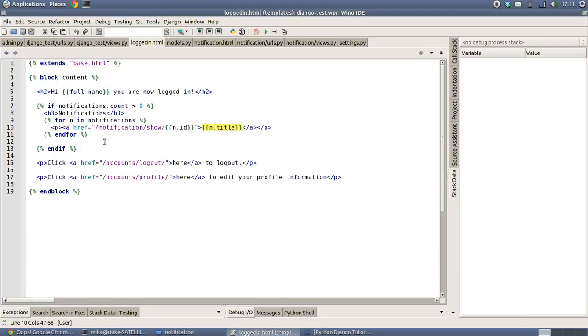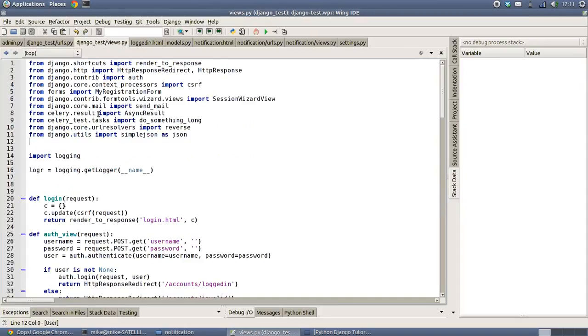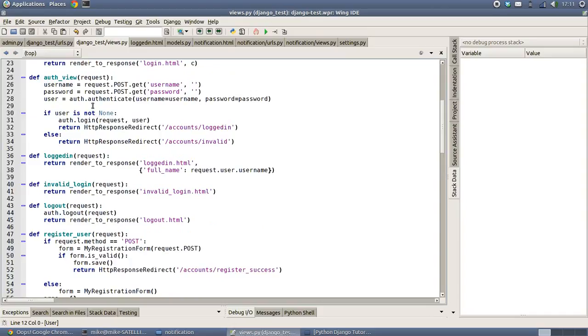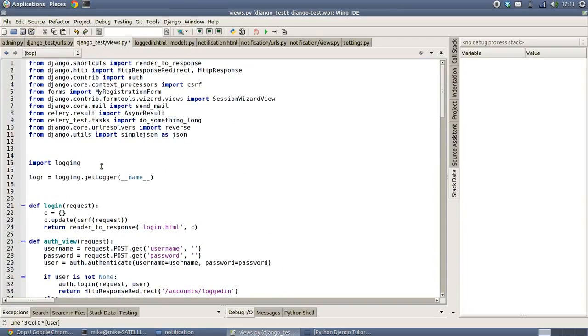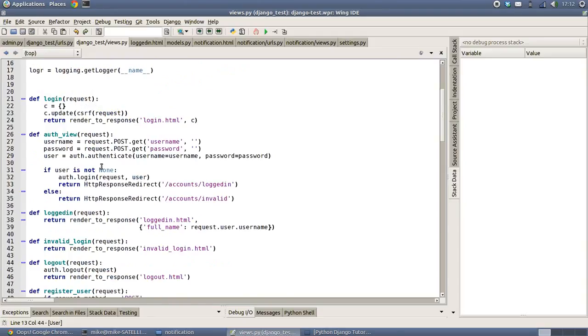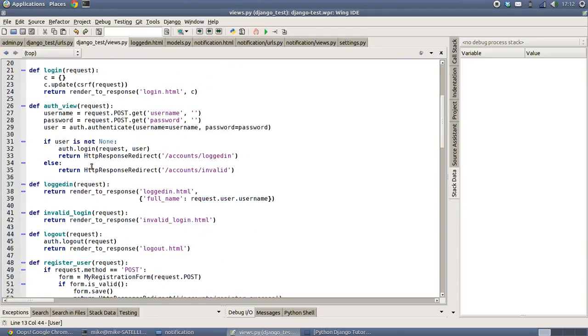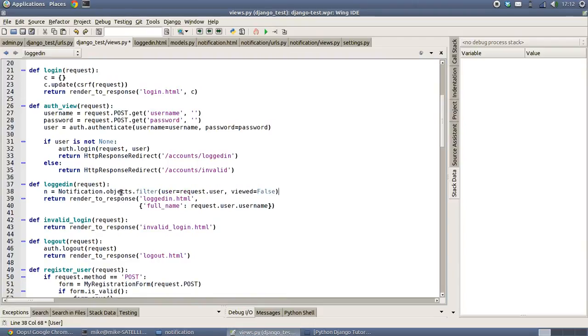Okay, so now that it knows how to display the notifications, we then need to go into our main views and look for the URL logged in section, which is just here. Now we need to first of all import the notifications model, because we're going to use it to search inside when we get into the logged in page. And then on the logged in page